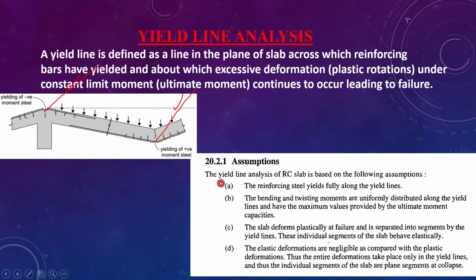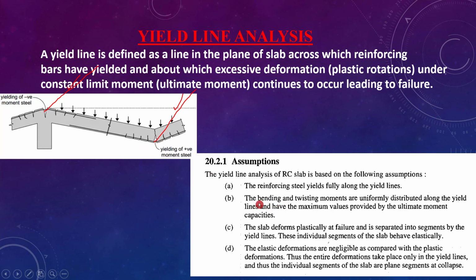We can read it out. It is very important. Like the simple bending theory, also we have some assumptions, which are the main part of that theory. So the yield line analysis of reinforced cement concrete slab is based on the following assumptions. One, the reinforcing steel yields fully along the yield line. So along this width direction, at these consecutive points along the width, the steel rebar yields equally